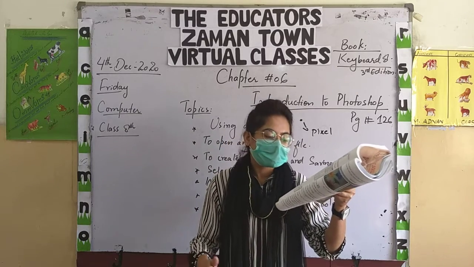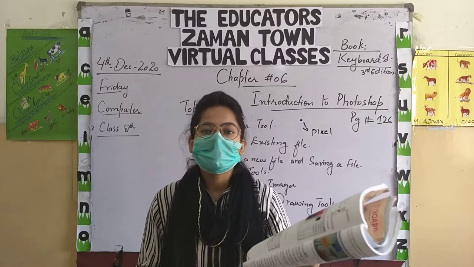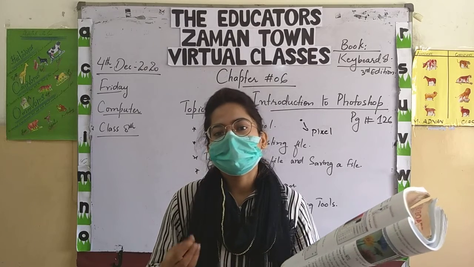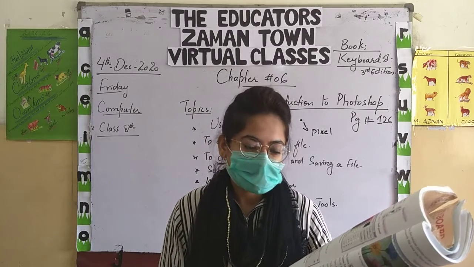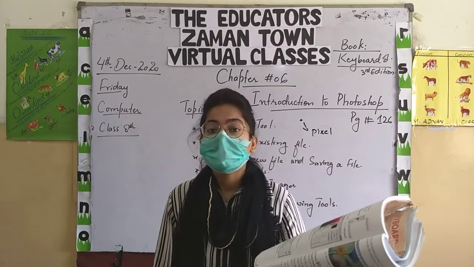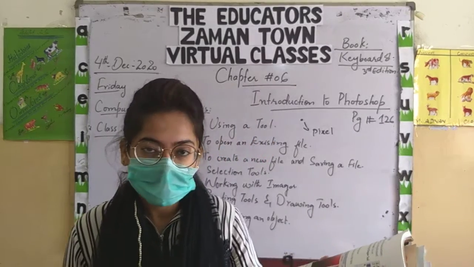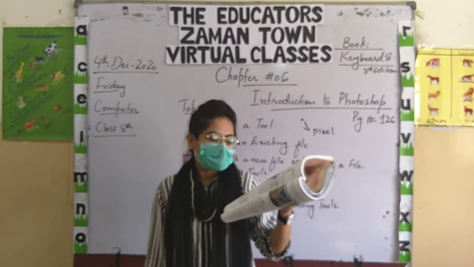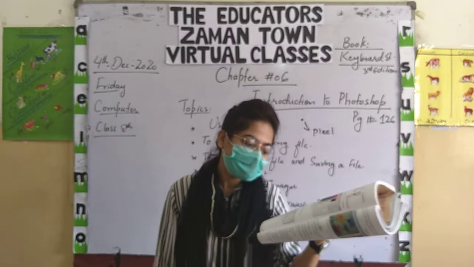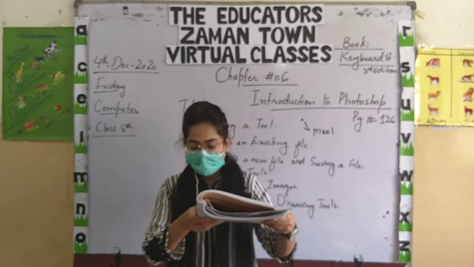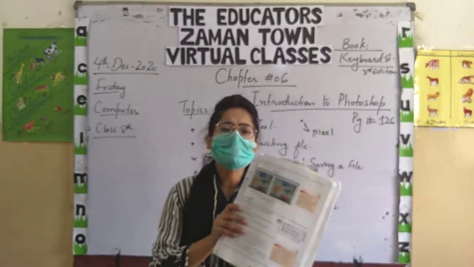Number one, we can make a rectangular marquee tool selection, or if you want to draw a perfect square with the help of the rectangular tool, you can do it by keeping the Shift key pressed. Then the elliptical marquee tool is used to select a circular area of an image, but if you want to draw a perfect circle with the help of the elliptical marquee tool, keep pressing the Shift key. Single row marquee tool, if you want to select any particular row of pixels, then you will use this tool. Single column marquee tool is used to select one column of pixels. Then come on page 129.